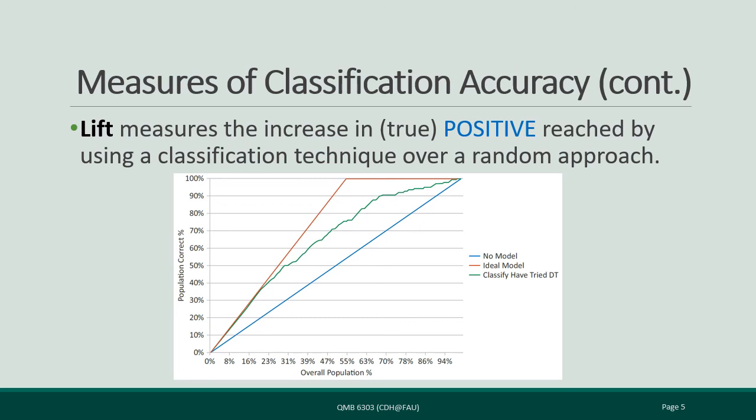But if the classification is perfect, then we can just look at the characteristic and say, okay, we know that there are 75% of the people who are going to say yes, who are positive, and then we just use the classification to identify exactly those 75% of the people. So every single person we get will be positive, and then we just have to get to the first 75%,